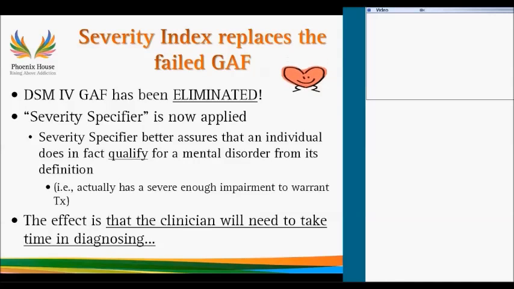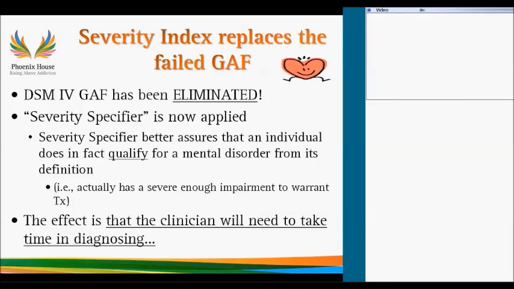What they did is they made it easy by putting severity specifiers at the end of each diagnosis. So, for example, instead of taking just a global number and applying it to someone who has schizophrenia and taking that same number and applying it to someone with an anxiety disorder, there's now severity specifiers for people with schizophrenia, for people with anxiety, for people with bipolar, and so on. So it's really more specifically designed for the diagnostic criteria. And it's not necessarily the same, which I'll mention as we go further.